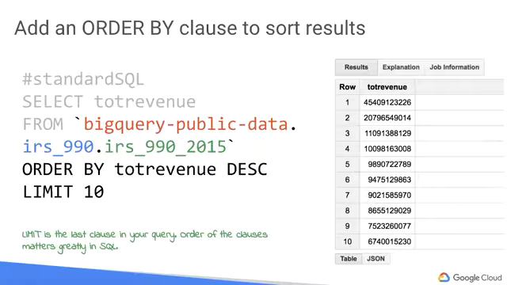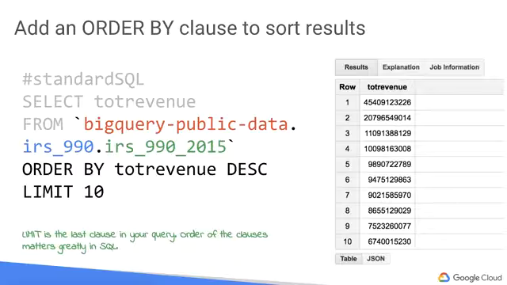So now we have total revenue for 2015 filings for those exemption filings. Now we're going to order it from highest to lowest. And we do that by adding that order by clause near the end, second to last in the query. And we're sorting it from highest to lowest, and how you actually denote that in SQL is descending, or DESC, as one of the parameters for that value there. The order by clause defaults to ascending, or ASC, which would be the opposite. And it works the same way with alphabetical order, A to Z or Z to A.